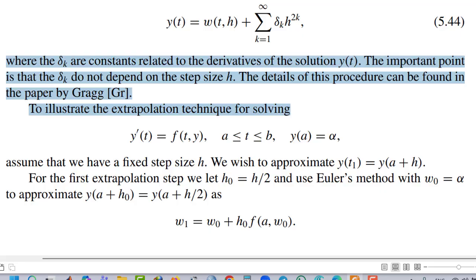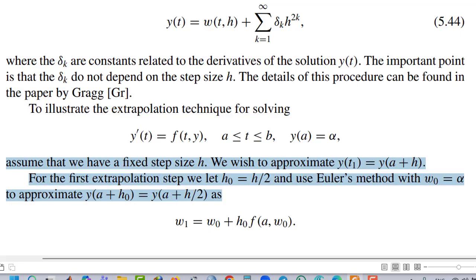To illustrate the extrapolation technique for solving, assume that we have a fixed step size h. We wish to approximate y(t1) equals y(a plus h). For the first extrapolation step, we let h sub 0 equals h over 2 and use Euler's method with w sub 0 equals alpha to approximate y(a plus h sub 0) equals y(a plus h over 2) as